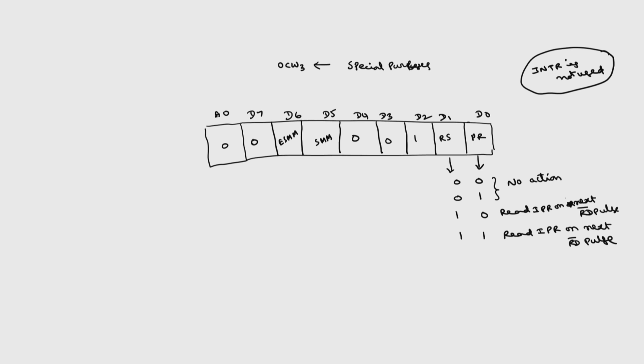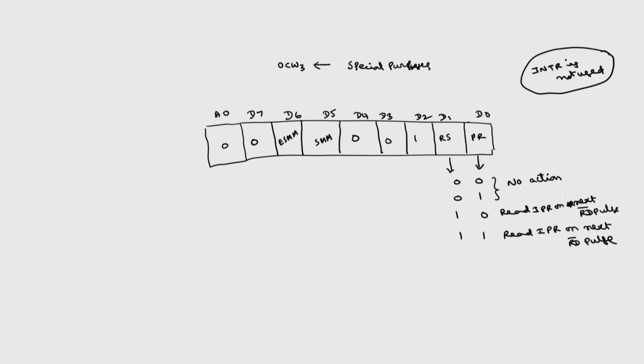So in normal operation, the IR0, IR1 and so on up to IR7, if any request comes on these, the IR with the highest priority will be serviced through INTR. So this 8259 will send INTR to the microprocessor, then the microprocessor acknowledges through INTA bar, thereby the type of interrupt will be specified, meaning the type of call instruction. After that the particular interrupt will be served. Whereas in case of OCW3, in case of special mask, INTR is not used.